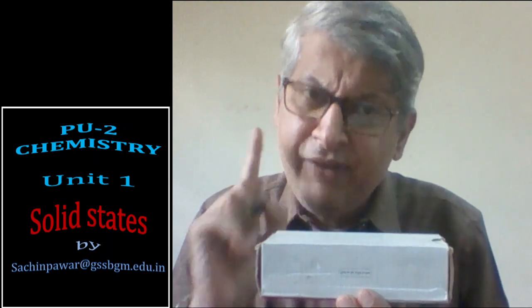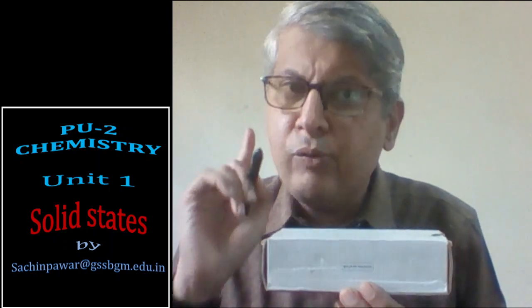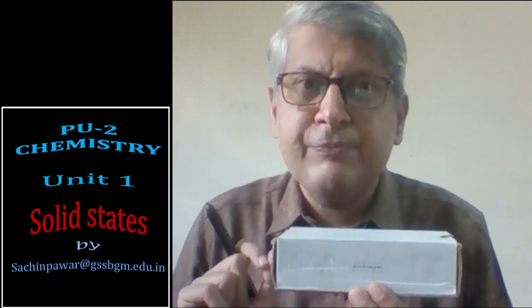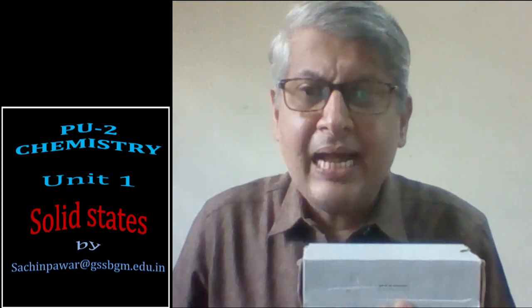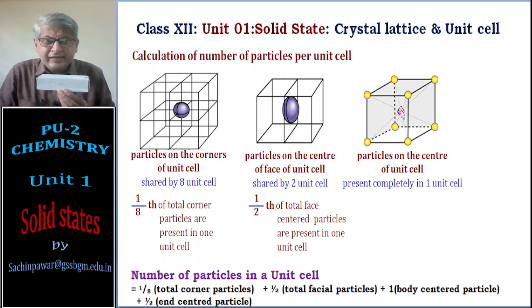So the body center, if a particle is there, will be only one body center. So the room will have only one center. So the unit cell will have only one center, exactly at the center, and if a particle is present there, it will be completely present in that unit cell only. Okay, so I can consider the particle at the center is entirely present in the unit cell. Therefore, if it is present, it has to be counted as 1.